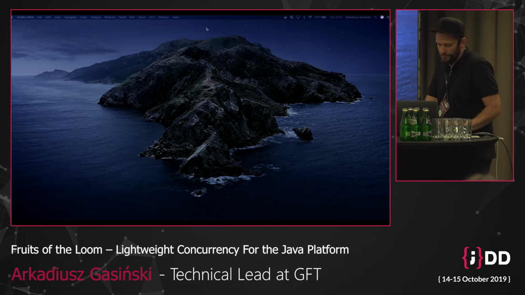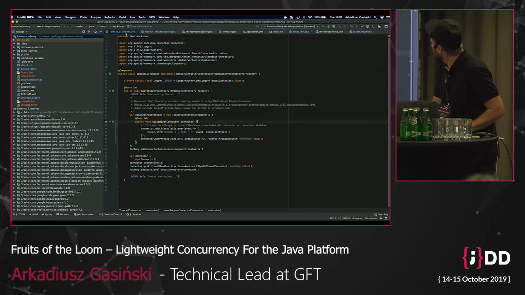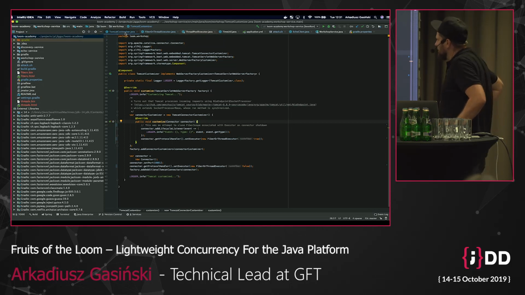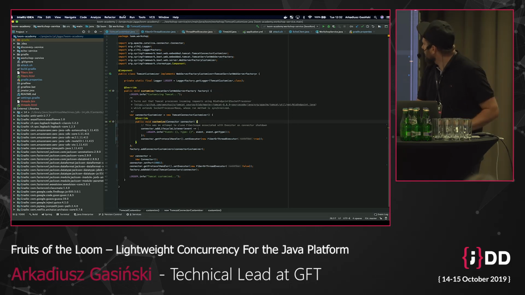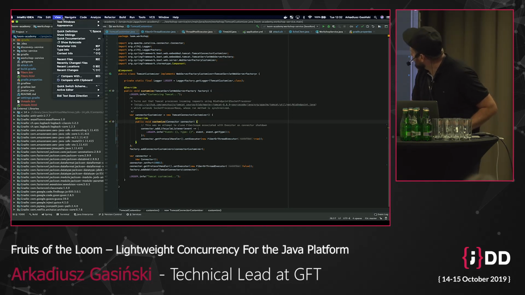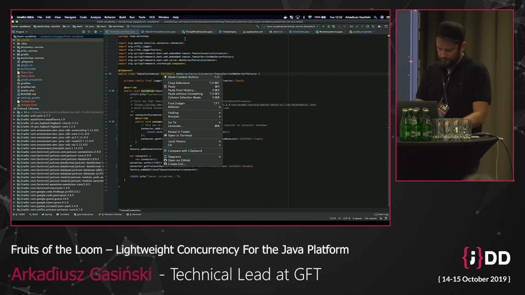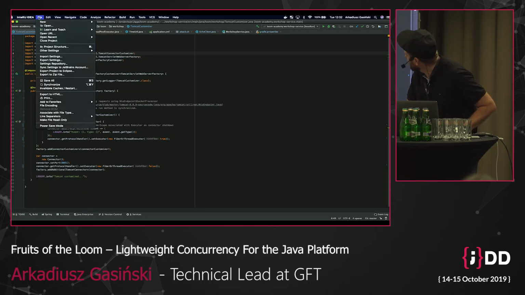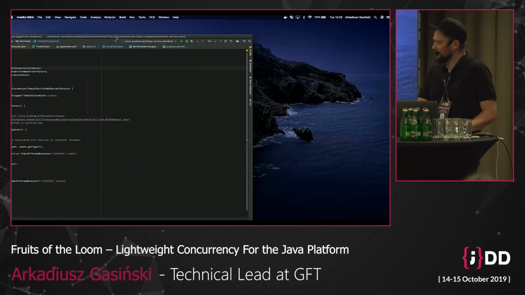Yeah, that's it. Okay, so the setup is that we have 3 different microservices. Or maybe I'll turn on the presentation mode. Just 1 second, sorry for that.